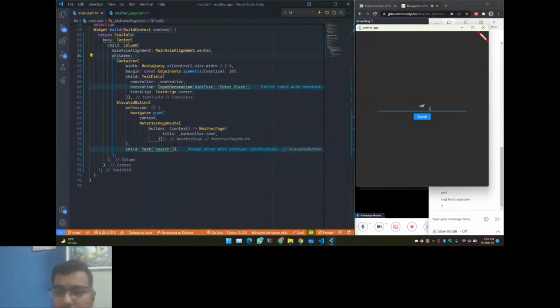So another small thing I want to add. If I press enter at the text field, you cannot see if I'm pressing enter or not. But when I press enter, I want it to search as if I'm clicking the button. So what I'm doing is that I want to abstract it away as a function, an abstract method, and I'm taking it as